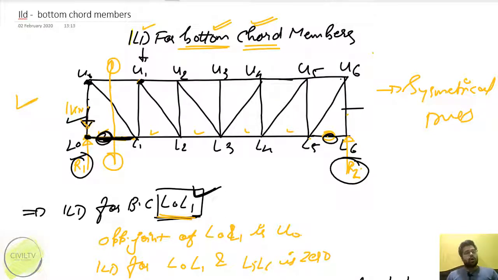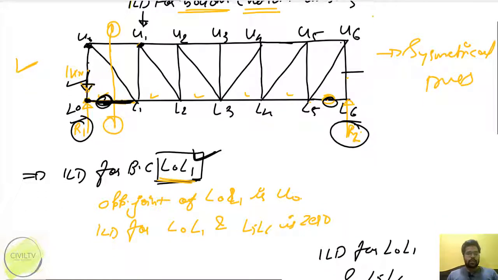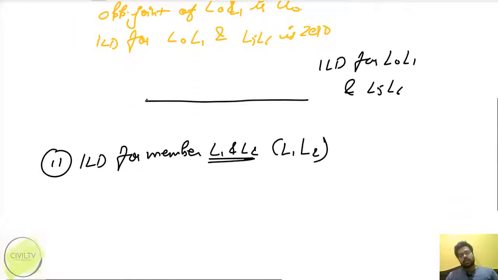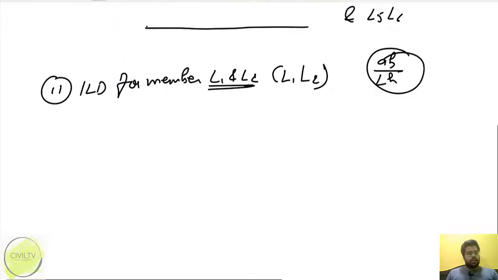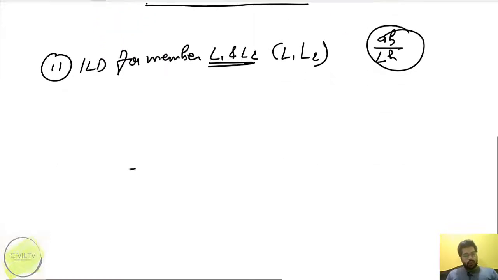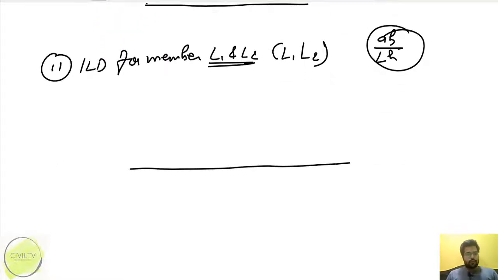But इस केस में क्या होगा कि इस केस में यहां पर इसके अबाउट मुझे यहां पर मेरा यूनिट लोड है और मैं L0 के अबाउट मूवमेंट ले लूंगा तो मेरे वैल्यूज आ जाएंगे. तो हमने देखा था कि जैसे ही हमने टॉप कॉर्ड और बॉटम कॉर्ड मेंबर्स में किया था, हमें सिर्फ एक चीज याद रखना है कि A B upon L H, ये चीज याद रखना है और हमें वैल्यूज आ जाएंगे, ठीक है. So using this thing I will draw the influence line diagram for the member L1 and L2,